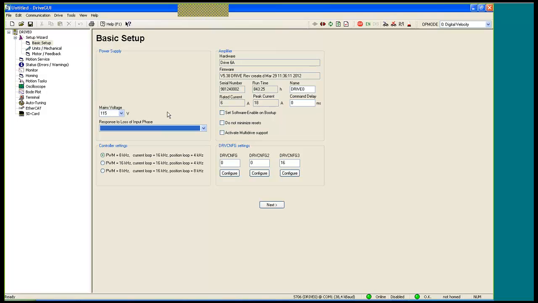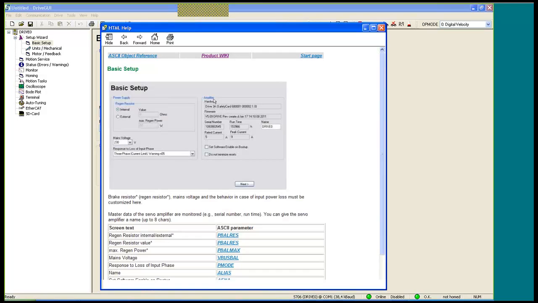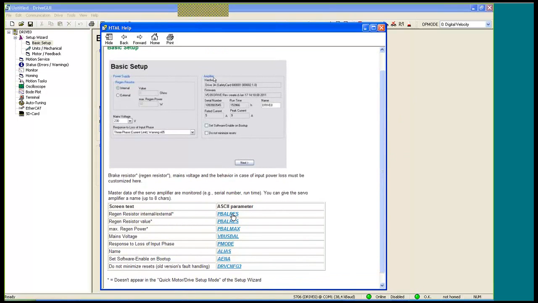If you need help in any of the pages within the GUI, the F1 button brings up online help pertaining to the page you're looking at. So I'm going to hit F1. What it does is give you a quick look at the page that you're on. It gives you the commands, the ASCII parameters that you encounter while you're on this page, and a simple description, screen text,